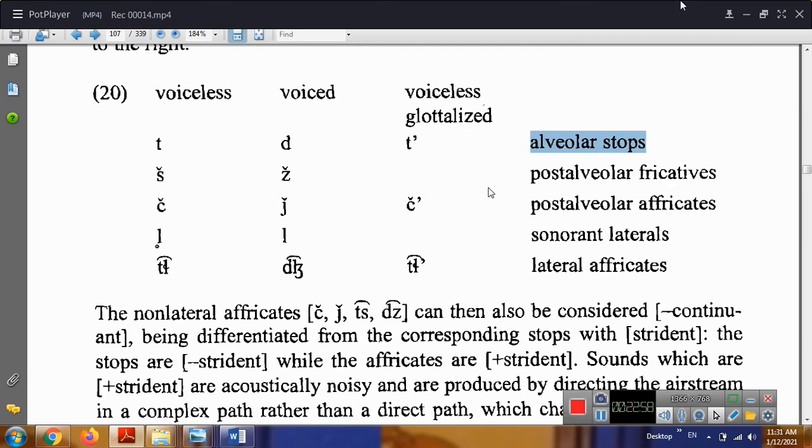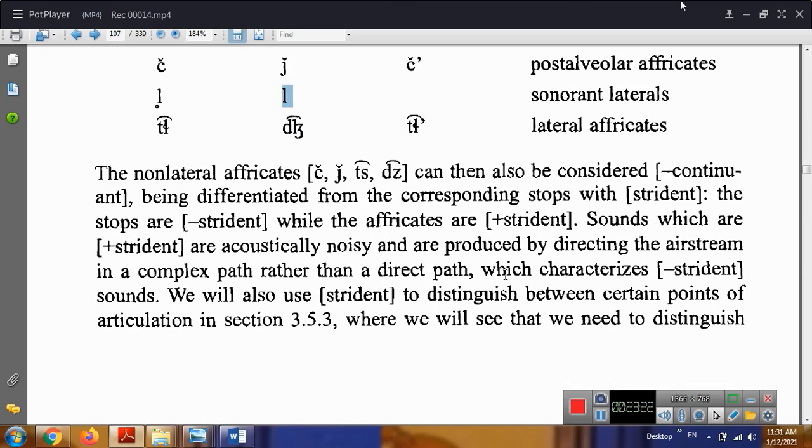And the post-alveolar fricatives like sh and j: j is voiced and sh is voiceless. Ch is voiceless, j is voiced, and ch is a post-alveolar affricate, which is voiceless. Le and le, sonorant laterals, one of them is voiceless and one of them is voiced. And about these sounds too, the non-nasal affricates like ch, j, s, z can then also be considered as minus continuant, being differentiated from the